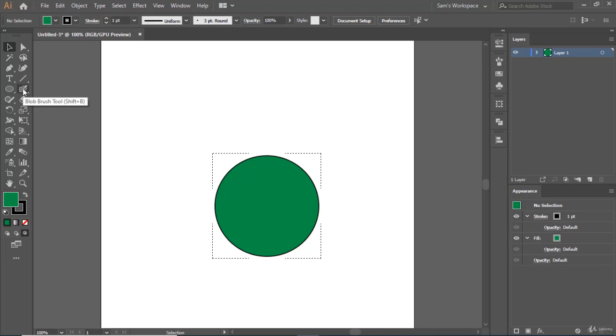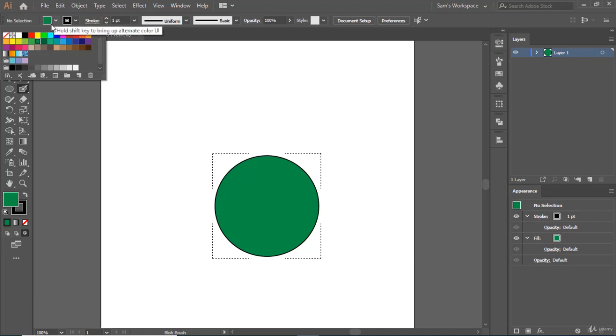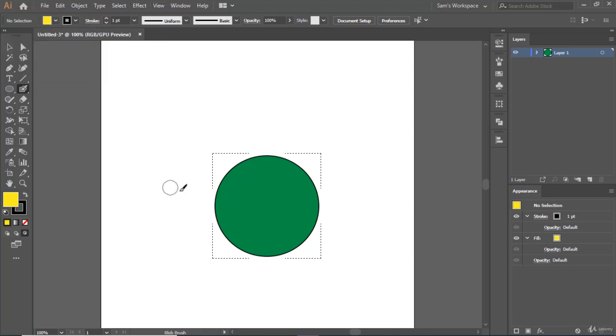Then I will use the blob brush tool and select a color of my choice. Let's take lemon yellow. After doing that, I will try to draw from outside the circle to inside the circle